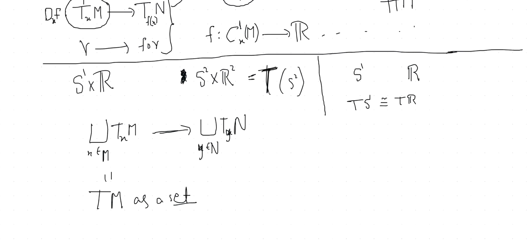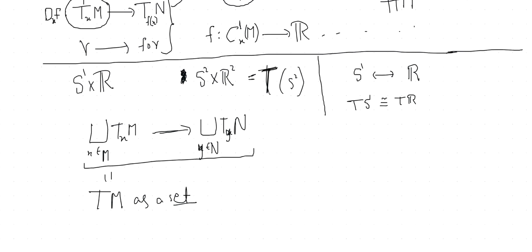Right, because between S1 and R there is a set theoretic bijection, and that will give you an isomorphism here if you take this definition. So you can take this definition. We don't want it, right? Because you want to make definitions which have nuances, which can help you to distinguish between your original objects.